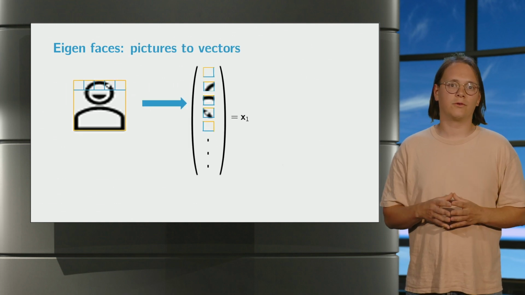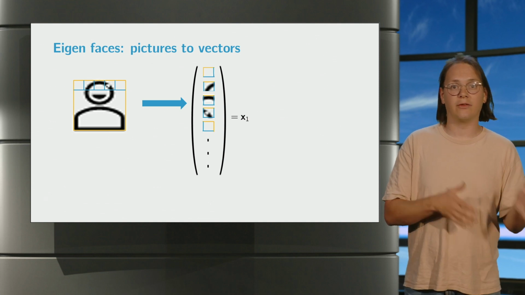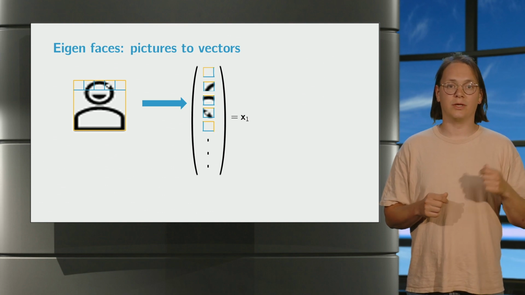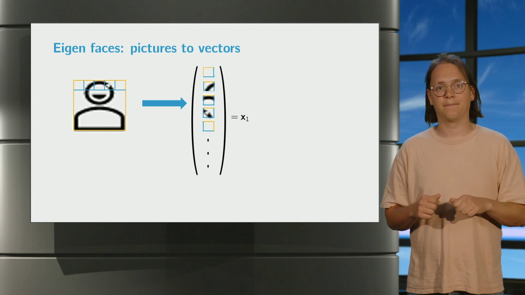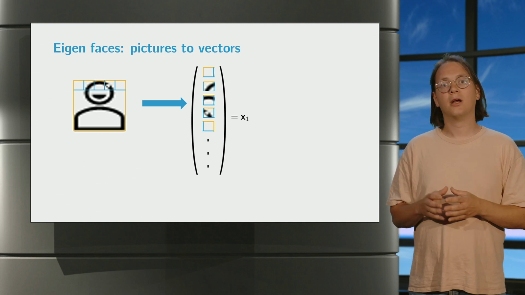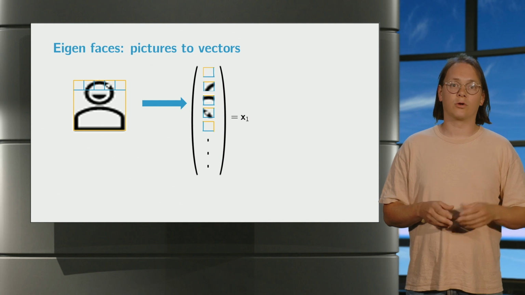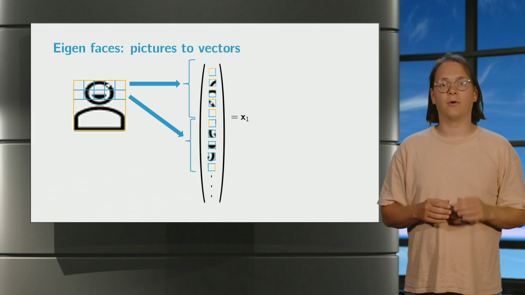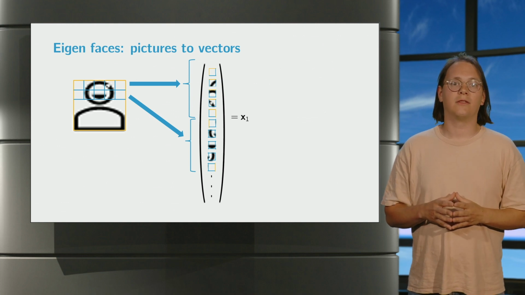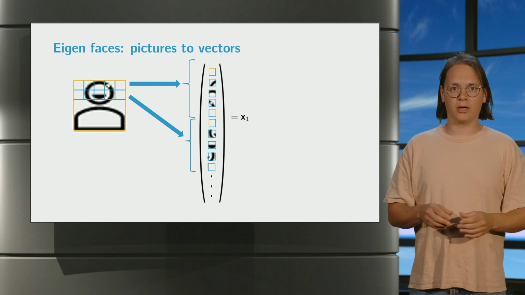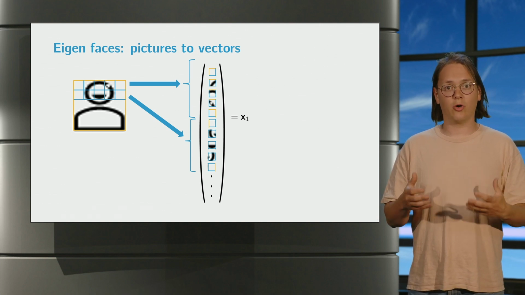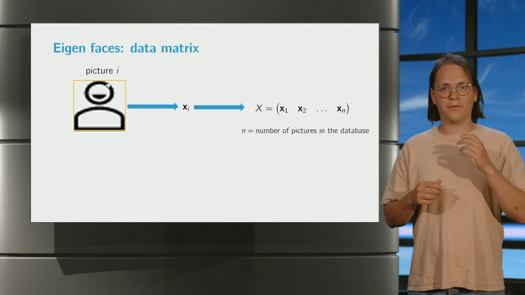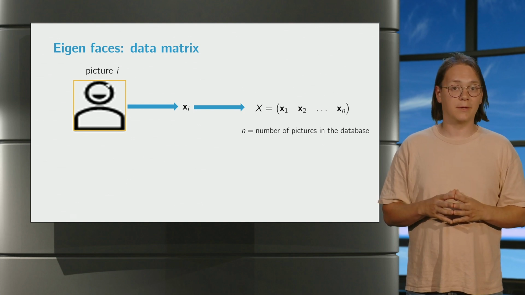The first thing we should want to do is figure out how to turn pictures into vectors of data. Each pixel in the picture will have some value assigned to it between 0 and 1, going from black to white. We turn the picture into a vector by simply letting the first components of the vector correspond to the first row of pixels in the picture. Then we let the second set of components in the vector correspond to the second row in the picture, and so on. We encode each picture into a vector this way, and so our entire database can fit into a matrix X. Each column of this matrix will be the vector corresponding to one of the images.